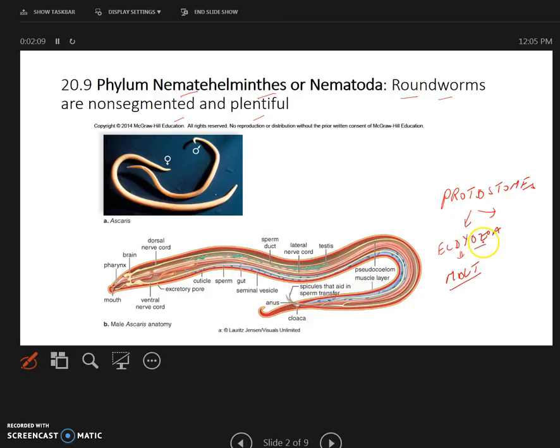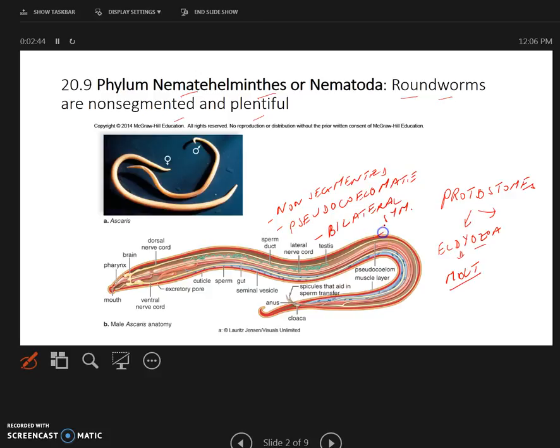So the characteristics of nematodes is, of course, they are roundworms, but they are non-segmented, so no segments. They do not have any partitions. They are not divided. The body is not divided into different segments. They are pseudocoelomate because they don't have a true body coelom; they have a pseudocoelom. And of course, they have a bilateral symmetry. Remember, that means their body can be divided into right and left.